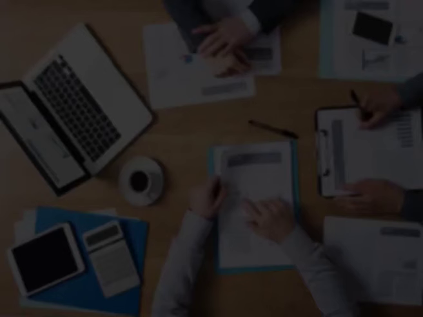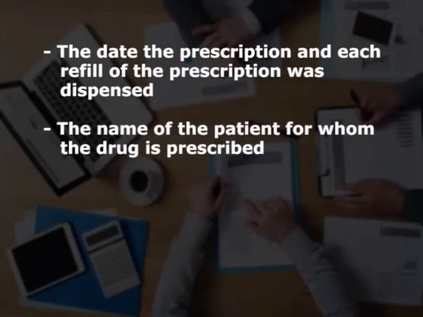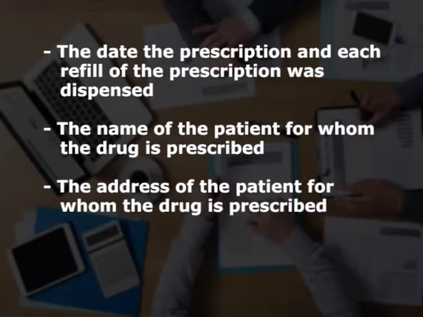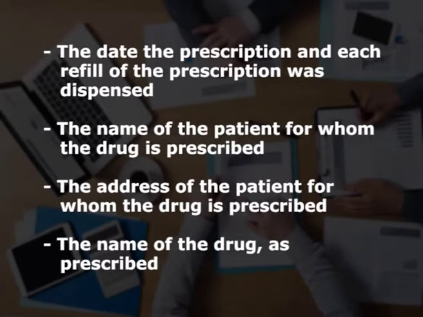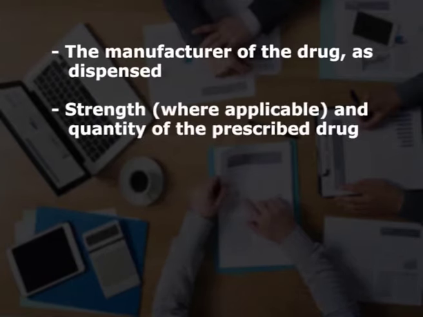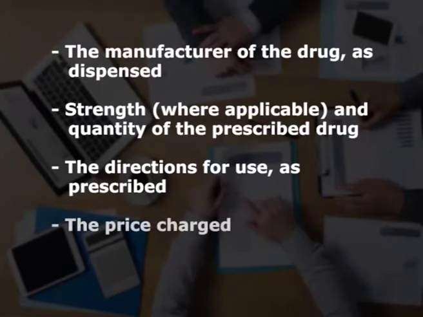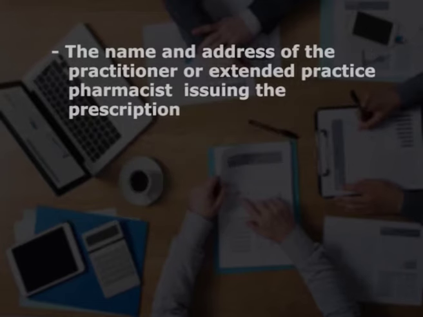And this includes A. The date the prescription and each refill of the prescription was dispensed, the name of the patient for whom the drug is prescribed, the address of the patient for whom the drug is prescribed, the name of the drug as prescribed, the manufacturer of the drug as dispensed, the strength where applicable and quantity of the prescribed drug, the directions for use as prescribed, the price charged, the name and address of practitioner or extended practice